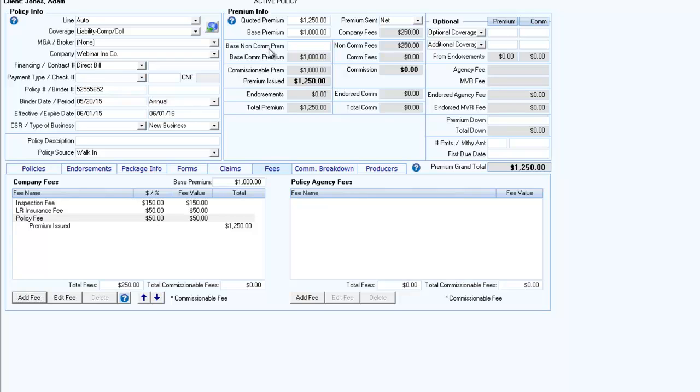If there's a portion of your base premium that is not commissionable to your agency, then you can enter that amount there. So out of $1,000, say $200 of that is going to be non-commissionable. So you're only getting commission on $800. So now your agency commissions, if you have your commission rules set up, are going to be calculated on $800,